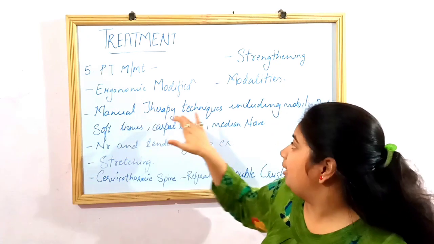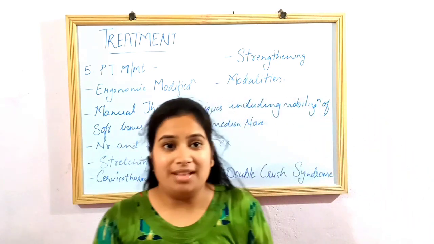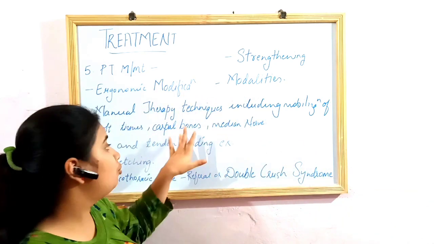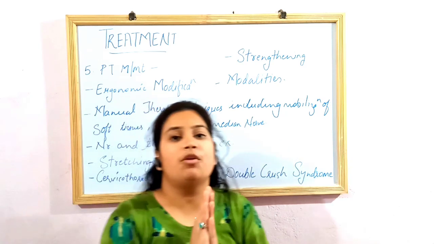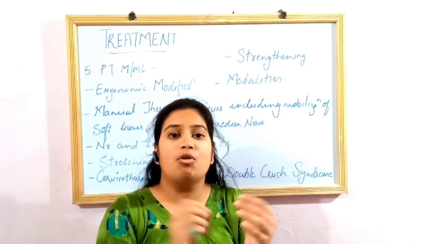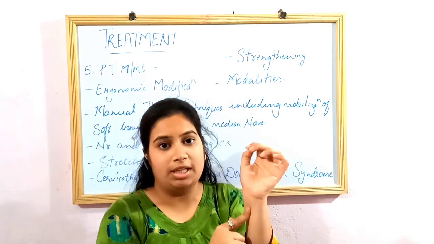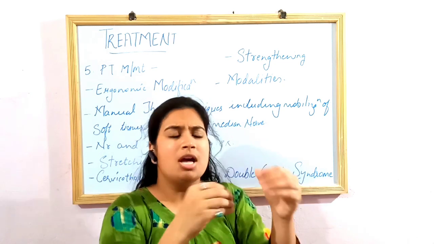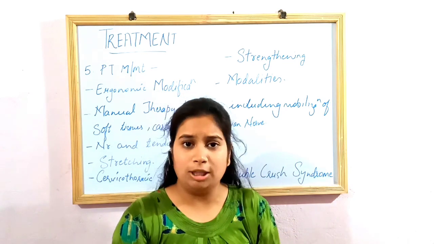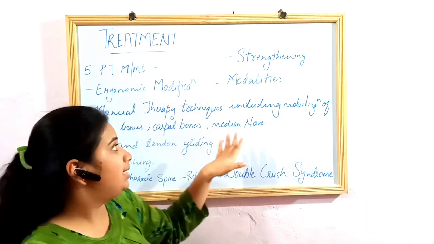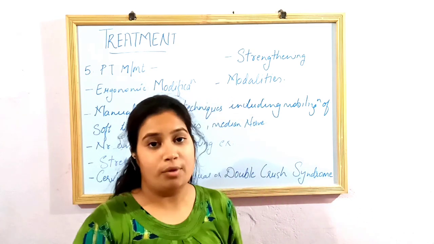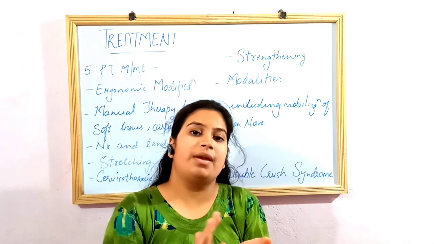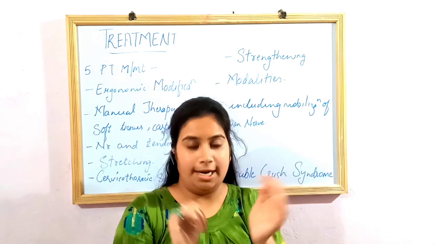Second is the manual therapy techniques. There are various manual therapy techniques, including mobilization of the soft tissues, carpal bones and median nerve, done in various ways. These are done to remove adhesions from the tissues over the area, any adhesions or any soft tissues present between the bones. So mobilization will help in relieving all those. The next manual therapy technique is stretching. You can do stretching, and a bit of massage is also used to decrease the tissue adhesion.